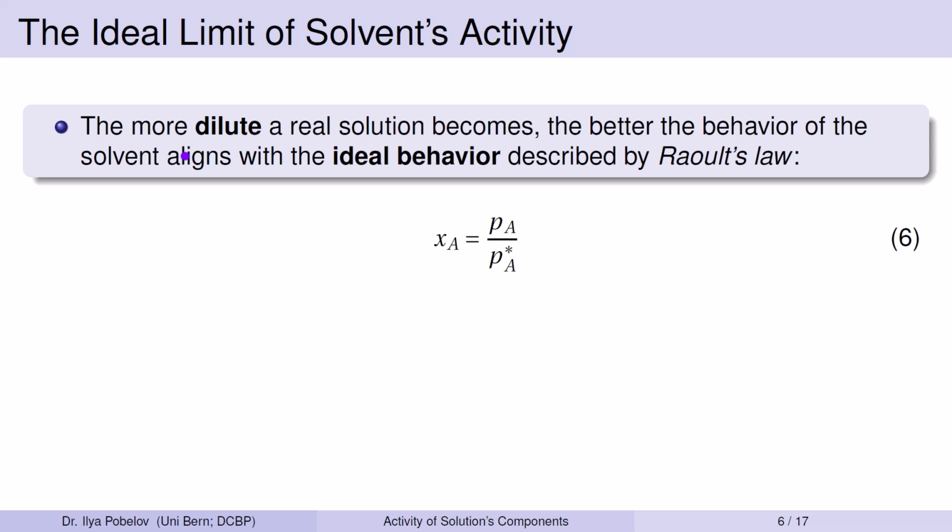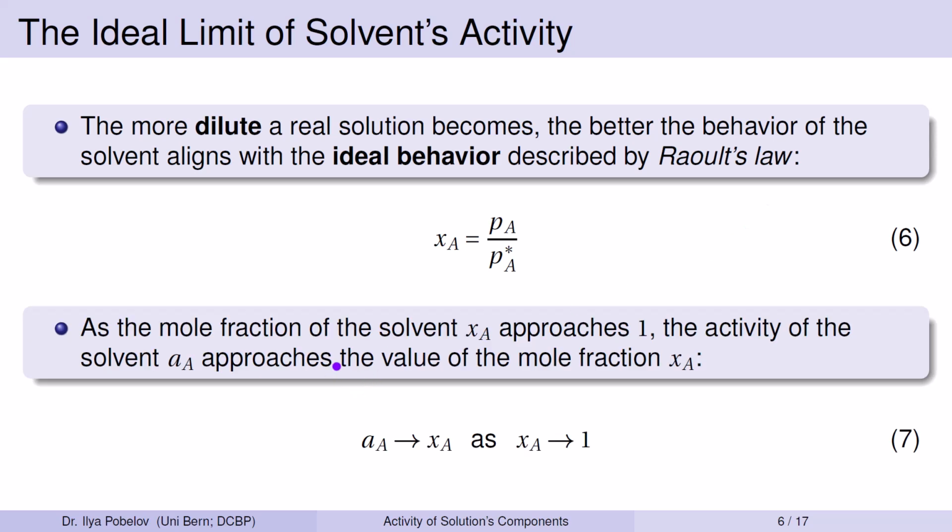Here we can also recall that the more dilute a real solution becomes, the better the behavior of the solvent aligns with the ideal behavior described by Raoult's law. This means that as the mole fraction of the solvent approaches 1, the activity of the solvent approaches the value